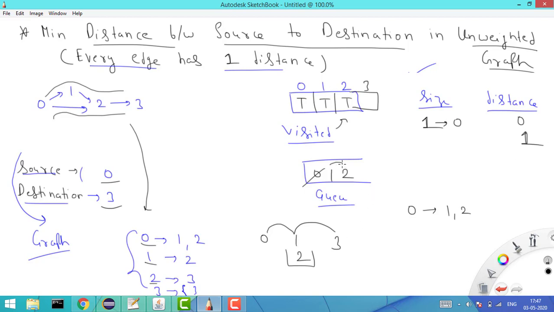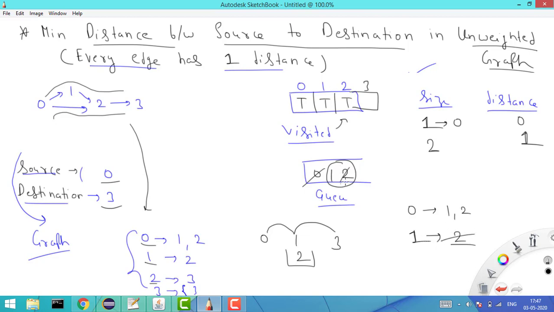After that I will basically operate on this element. Now check the size. What is size? Size is 2. Right? So now it means I need to operate on these 2 elements. So first of all check for 1. Now for 1 which are the neighbors? For 1 the neighbor is 2. So it means check whether 2 is visited. 2 is already visited. So it means we need not do anything for this one. Right? So this is done.